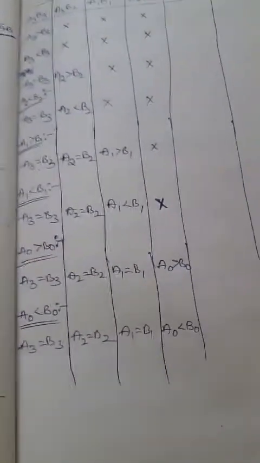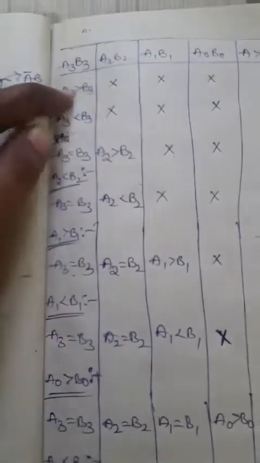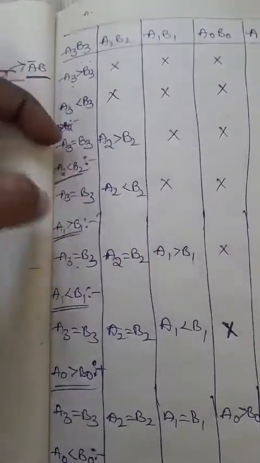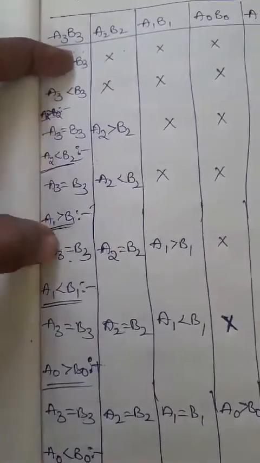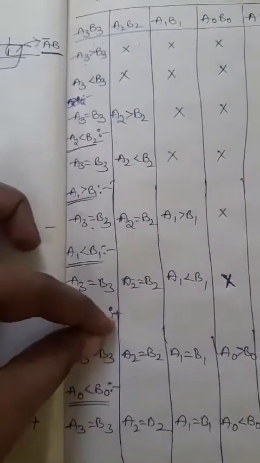Okay, so these are the less than and greater than conditions. Now we need to check whether all the conditions are placed for greater than and less than. What cases do we have for greater than? Actually 4 cases. The first one is A3 greater than B3, the second case is A2 greater than B2, then the third greater than case and the fourth greater than case. So 4 cases are completed for greater than.